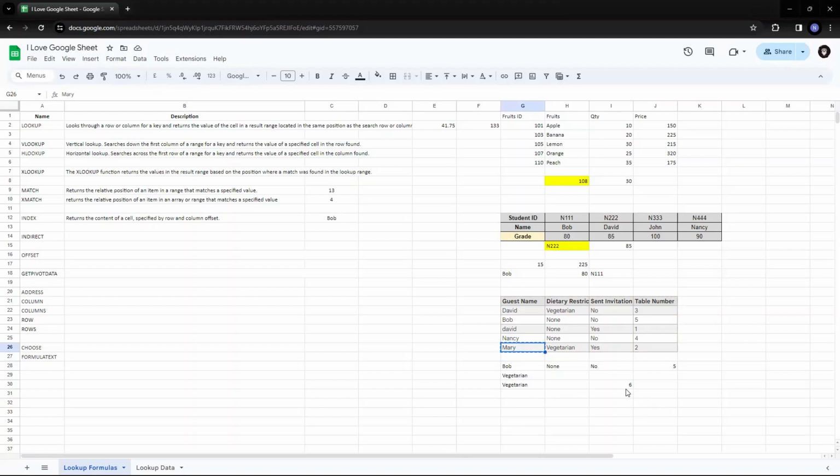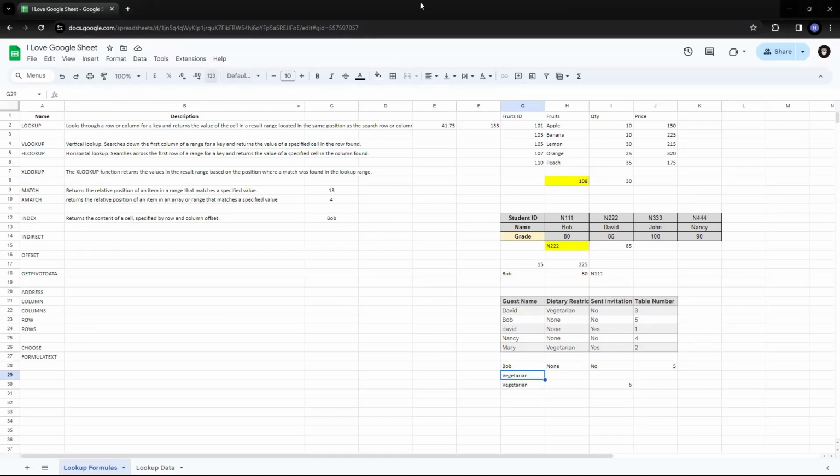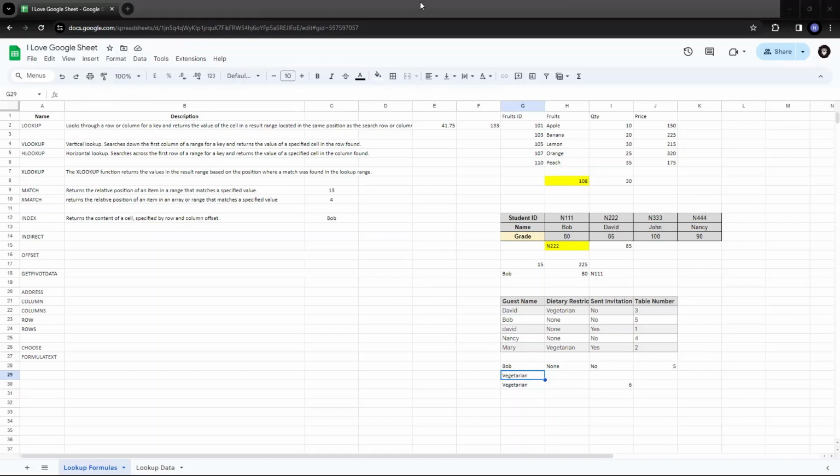Suppose I move Mary a bit upward. So I put Mary here and I move Nancy here. Still, it will give me the same results. So you do not have to worry about where Mary moves. So this is how we use dynamic numbering for rows, and the same way we can have dynamic numbering for columns as well. Since we have earlier added 2 in the above formula, so I can use index and match